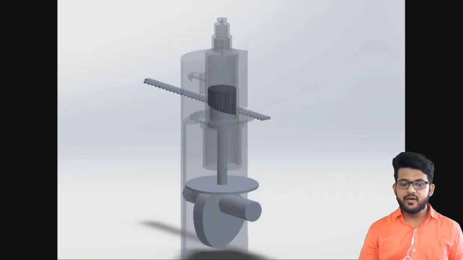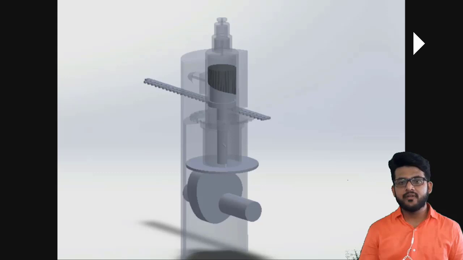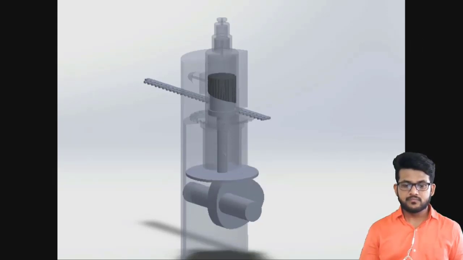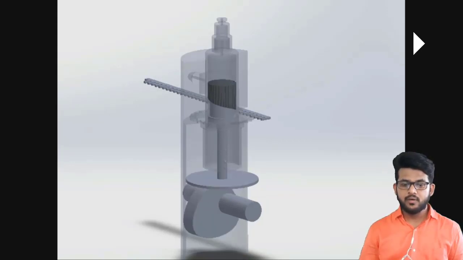So now this is our animation, how the real work is done. Right now the rack is in a fixed position. Fine. The piston is only moving up and down. So now it is connected with the spill port and inlet port, and it is doing the outlet with the engine. Fine. So now what is happening? Let's see. The pump is pushing upwards. You can see the pump is going up and down.